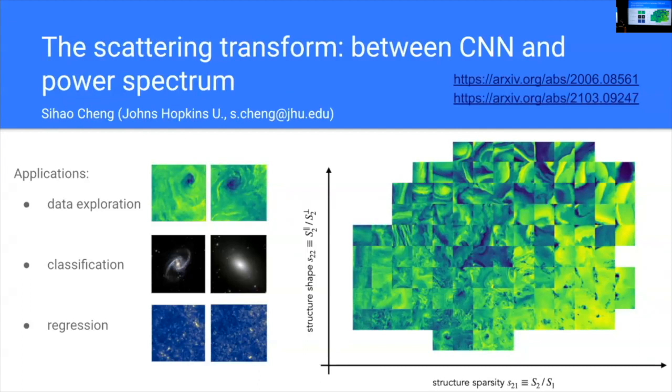I have one question. Is there any equivalent to a scattering transform on a graph? Because I really like using graph networks and deep sets, because in astrophysics there's a lot of empty space. Is there anything like a scattering transform for a graph? Yeah, I think the answer is yes. I'm not very familiar with that, but I think in 2018 there was a paper about extending the scattering transform to graphs. They extend the invariance scattering idea to graphs. Thanks.